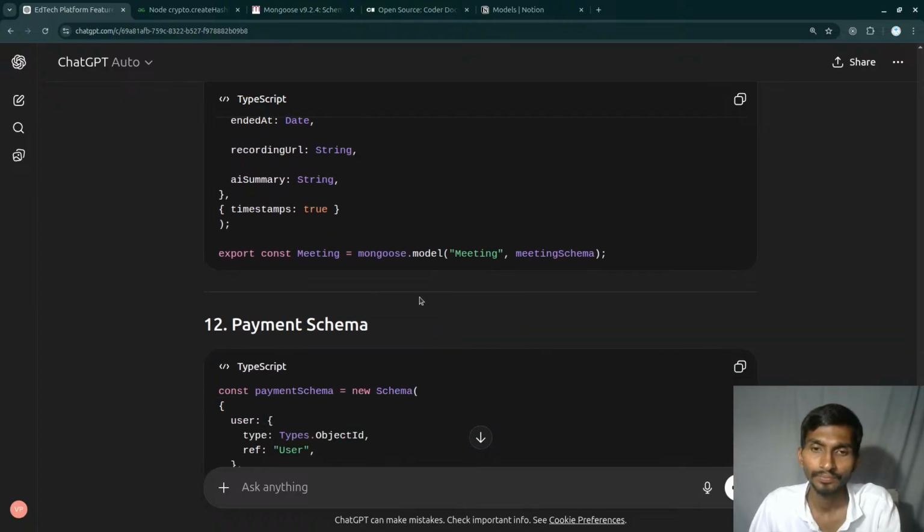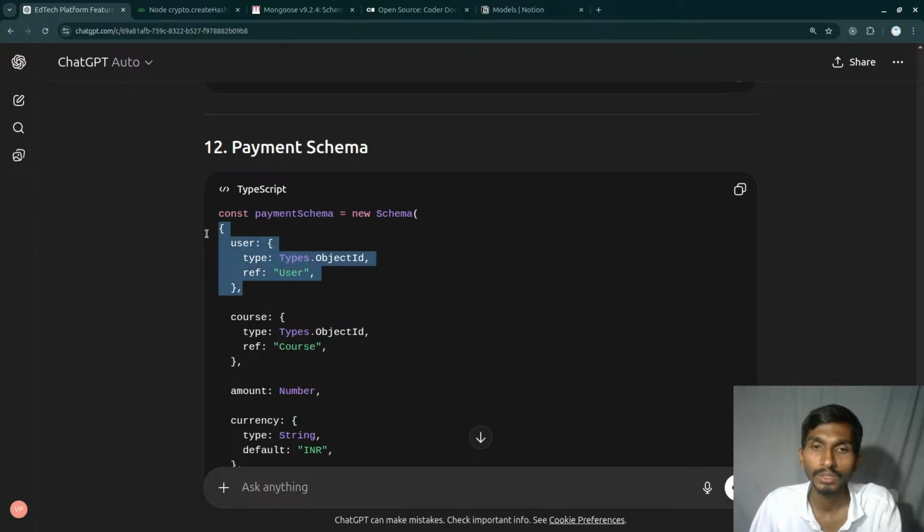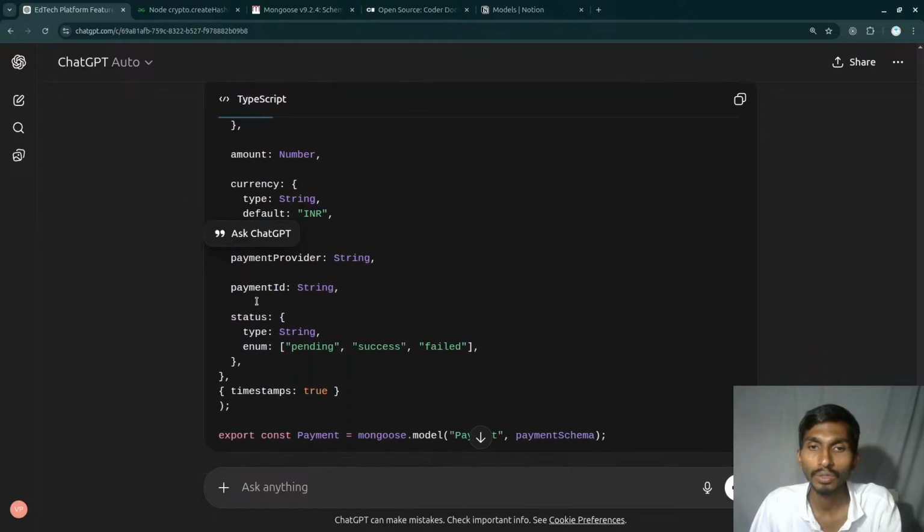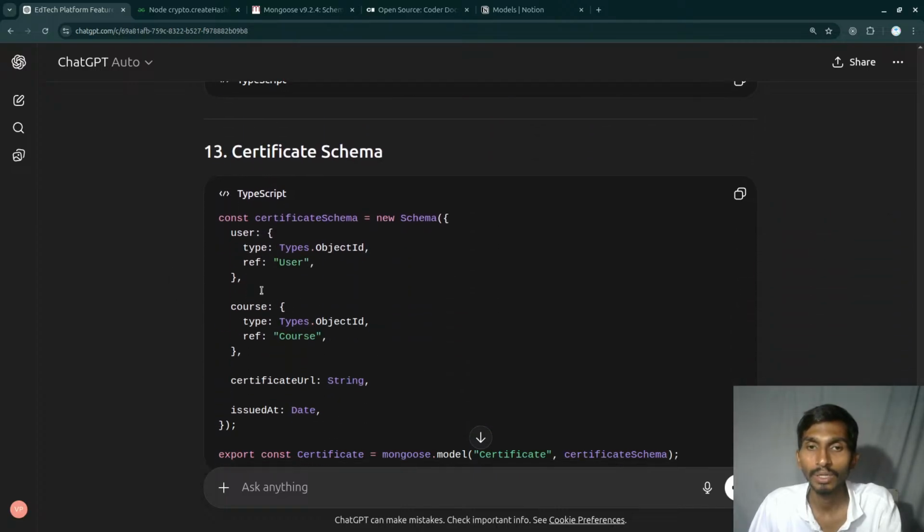Okay, fine, let's see. Payment schema, user, this is the user, this is the course, this is the amount, this is the currency. Payment provider, payment ID, status, pending, success and all, and that's it, done. Certificate schema, going to be great, this particular stuff. User and course,